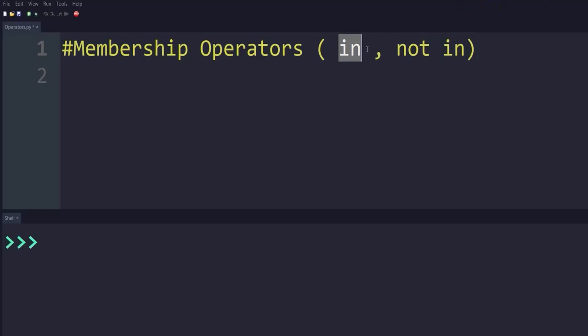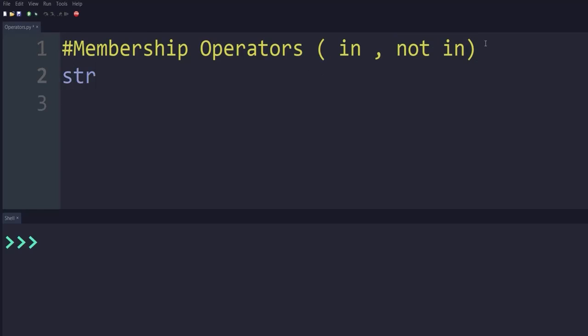First one, in operator, returns true if a character or substring exists in the given string. And the second one, not in, returns true if a character or substring does not exist in the given string. Let's understand both the operators practically.